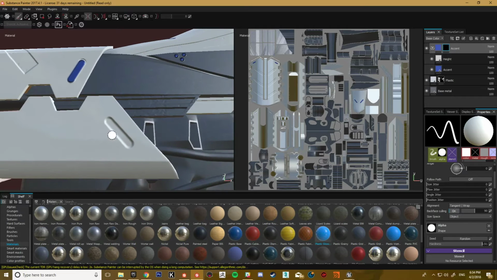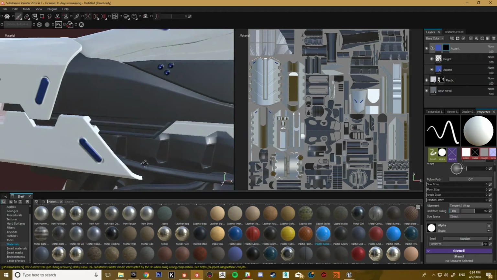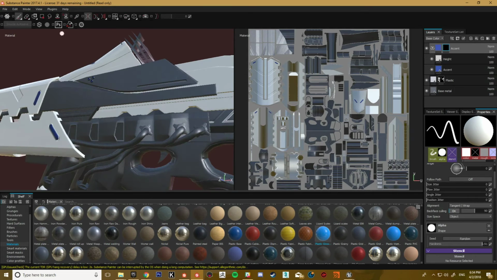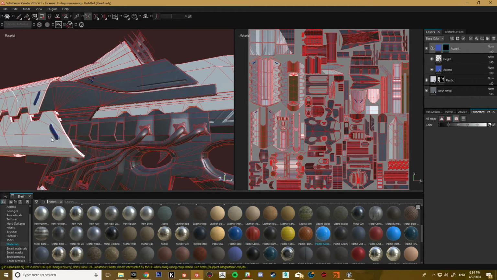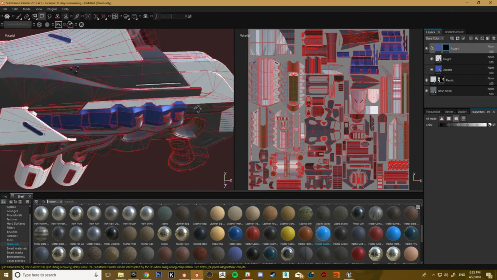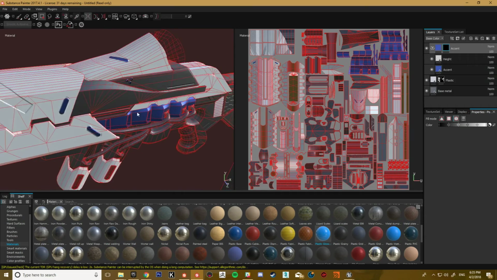which again, if you were doing this with a material ID, you just wouldn't be able to do it, because you need the polygons there, and because I've optimized this model and you can see my polygon layout here, I wouldn't be able to separate that, and maybe arguably it would be a waste of polygons to do that. So that's obviously why you optimize the model and then bake it down. But this workflow allows for a dynamic